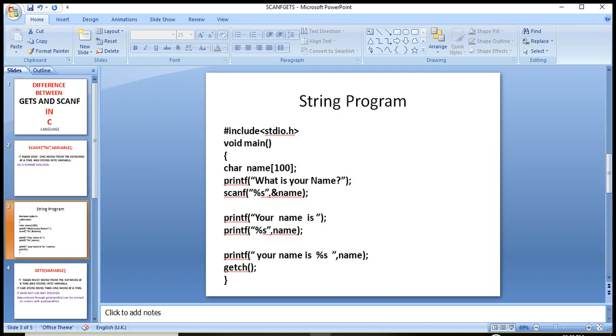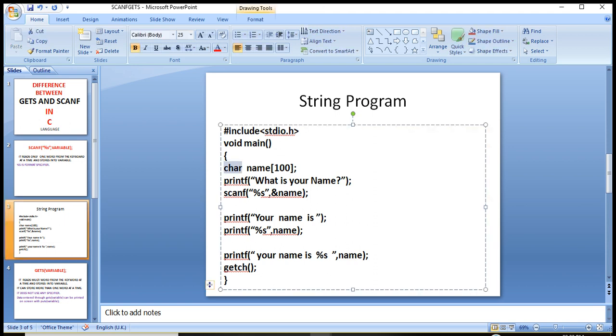Now we see its program. You are seeing first a name variable is declared. char name, name is the variable. It will allow us to store a maximum of 100 characters. Next, printf is a function that will print the message on the screen, what's your name?